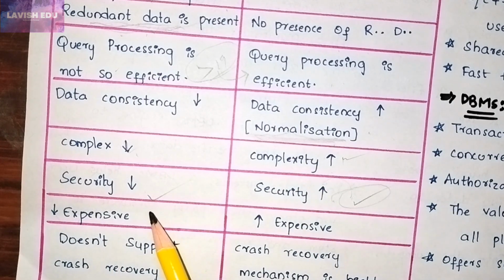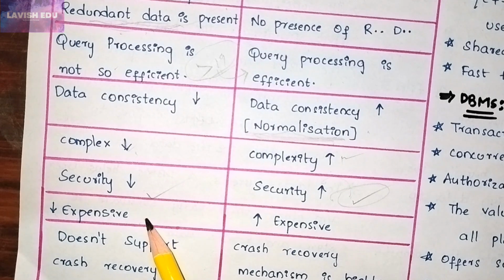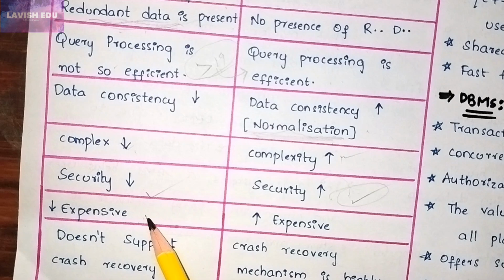And here it is not expensive, as it is already installed in our operating system. There is no need to install it as well, so it's not expensive and it is simple and cheap to use. And here database management system is expensive, as we have to install it and we have to run